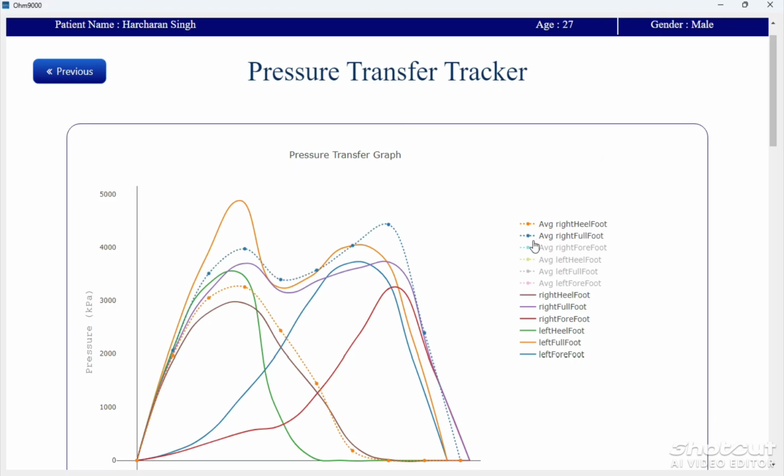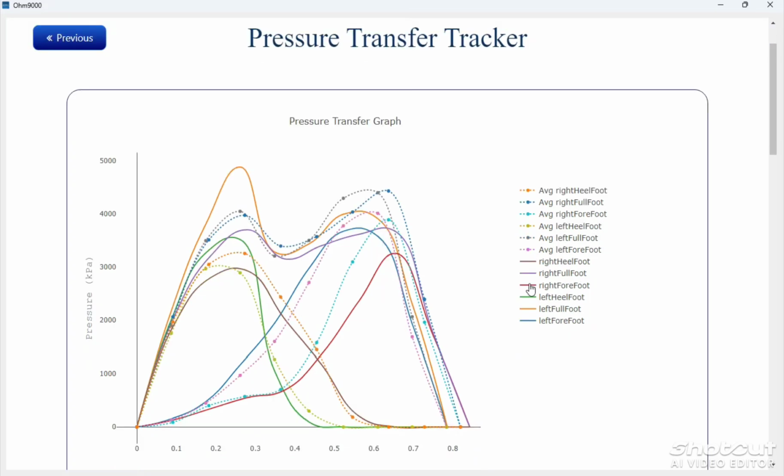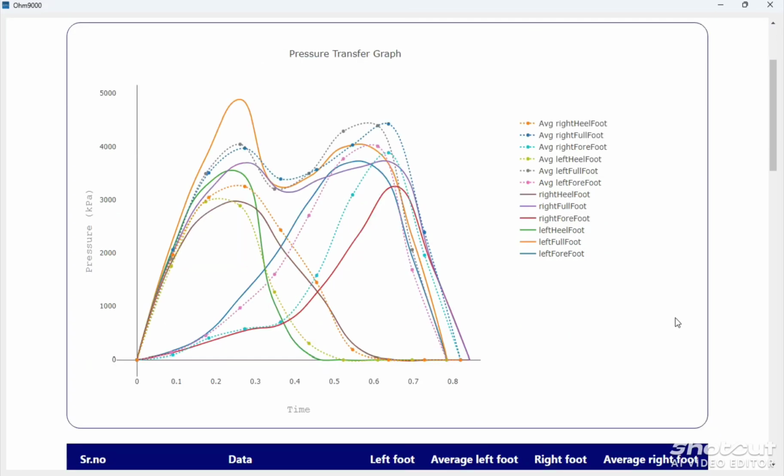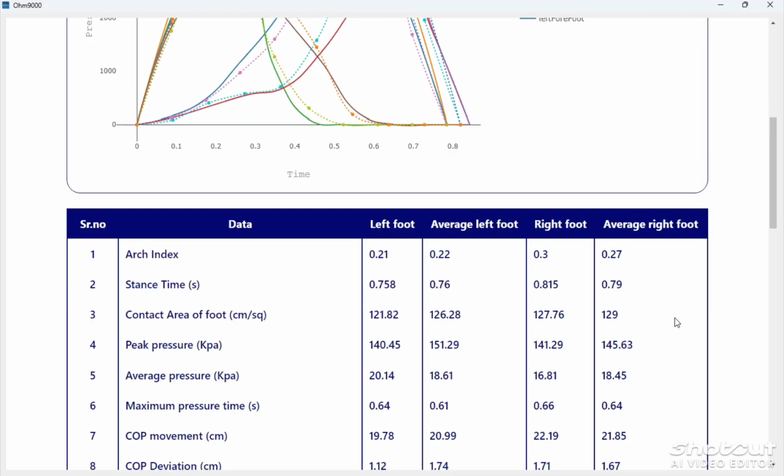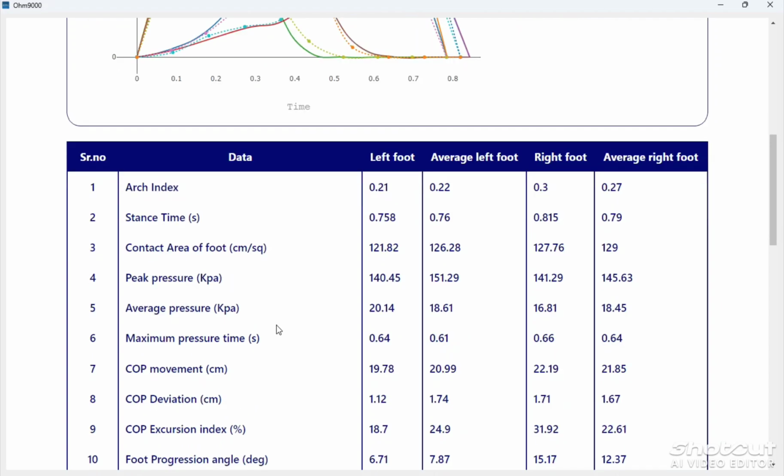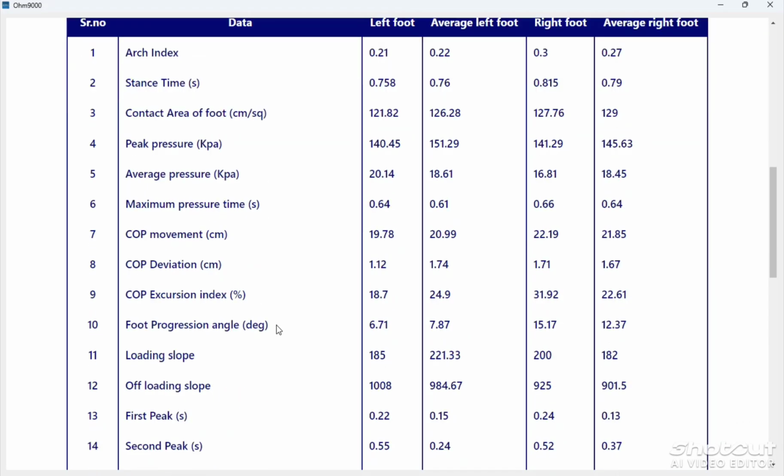If we want all the averages in this graph, we can click on average right heel foot, average right full foot, average right forefoot, average left heel foot, average left full foot, average left forefoot. Now you can see all the graphs merged in a single graph, and the data is plotted in the table.